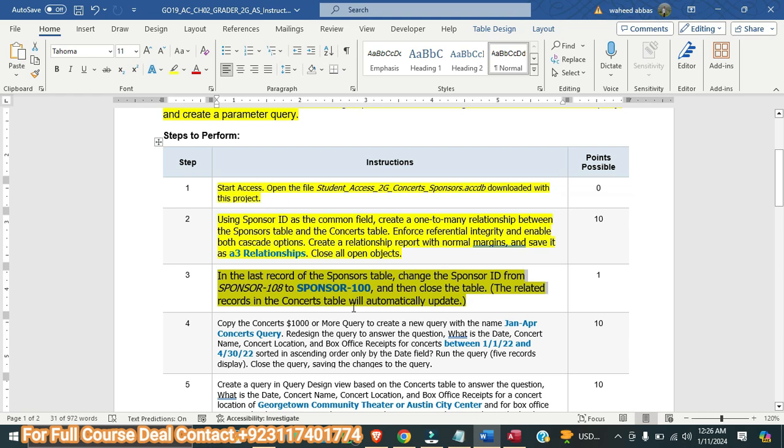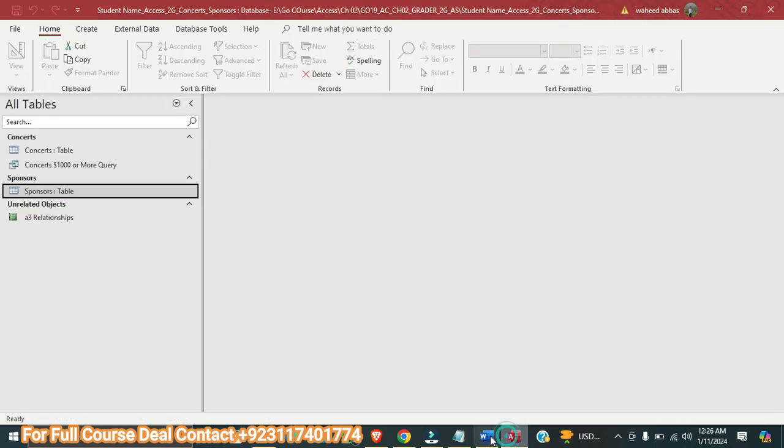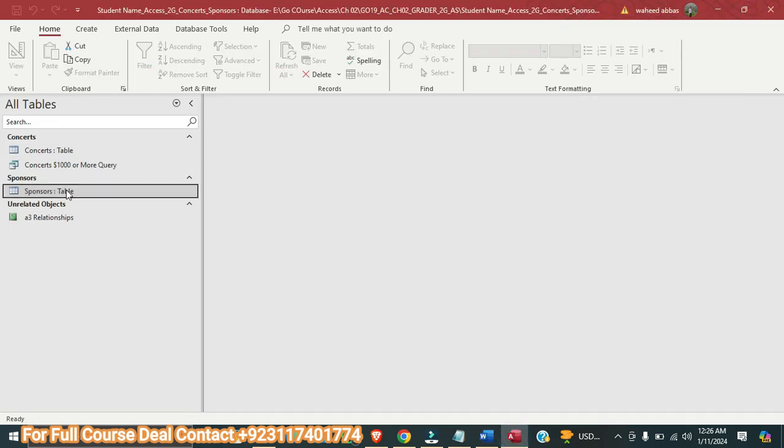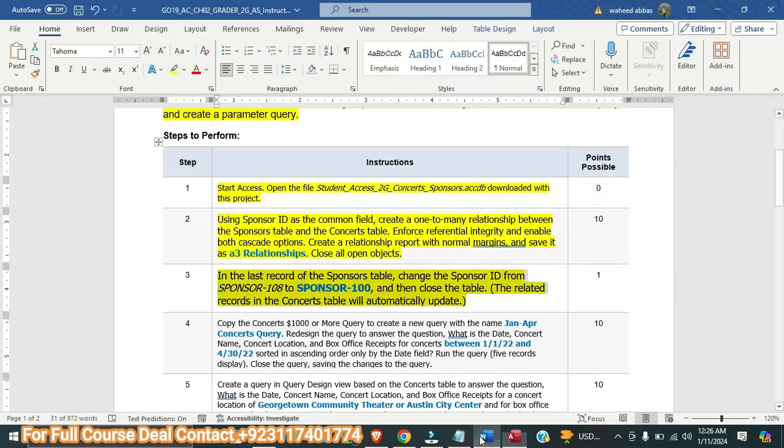It is saying in step number 3, in the last record of the sponsor table, change the sponsor ID from sponsor 108 to sponsor 100 and then close the table. The related records in the consult table will automatically update. So here, what table? Sponsor table. So here I will open the sponsor table, and next it is saying change the sponsor ID from 108 to